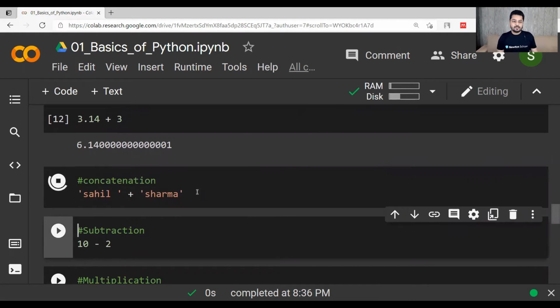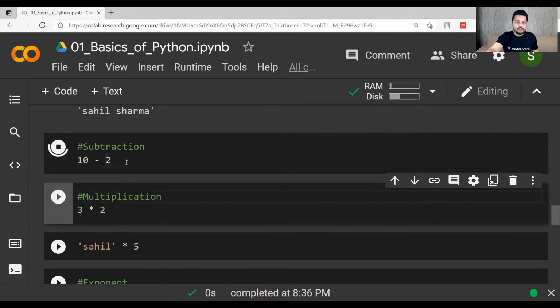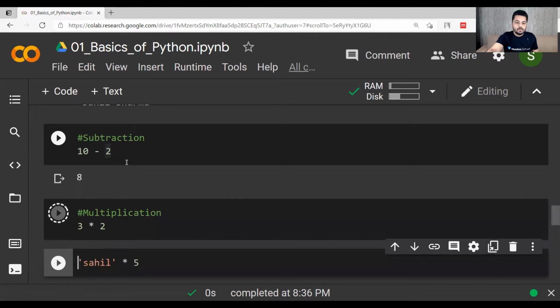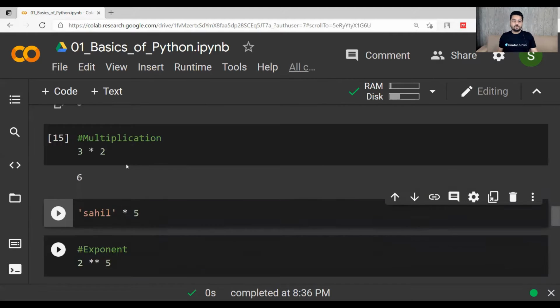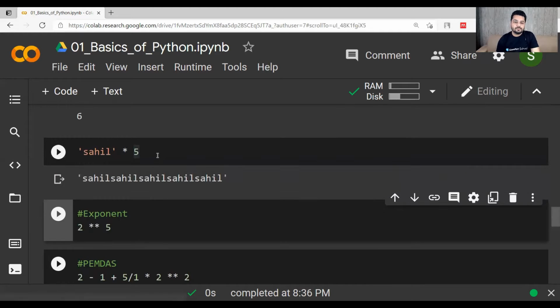It is concatenated. Subtraction, 10 minus 2. Multiplication, 3 into 2. When I do this string multiplied by 5, what will happen? Because we are multiplying a string, multiple copies of the string will be generated. Sahil will be printed 5 times.